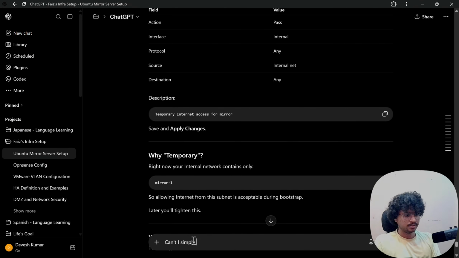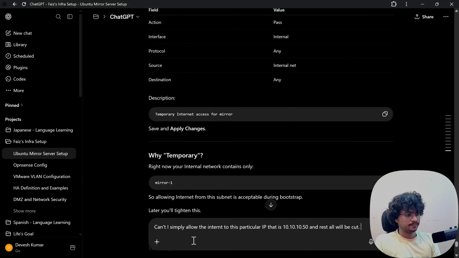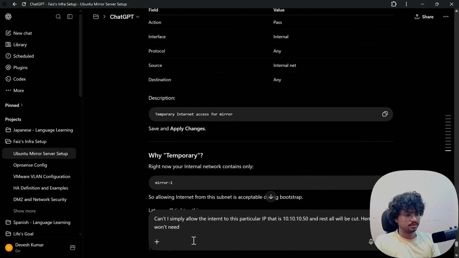Can't I simply allow the internet to this particular IP, 10.10.10.50, and the rest all will be cut? Hence, I won't need another subnet of infrastructure.